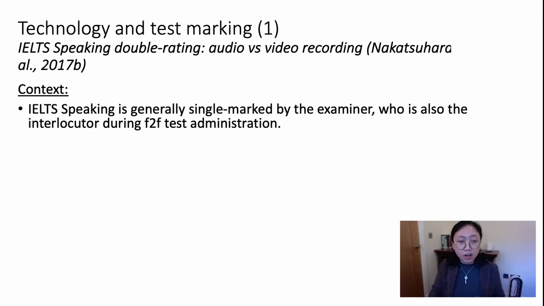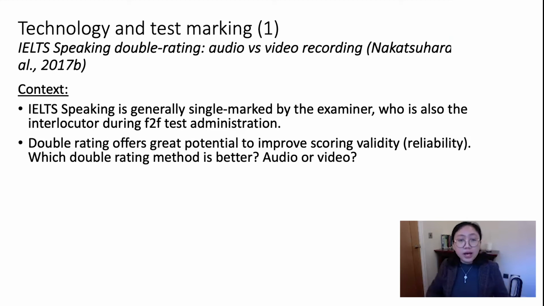The context: IELTS Speaking is generally, at the moment, single marked by the examiner, who is also the interlocutor during the face-to-face test administration. But we all know that double rating offers great potential to enhance the scoring validity or the reliability of the marking, which is a very important quality